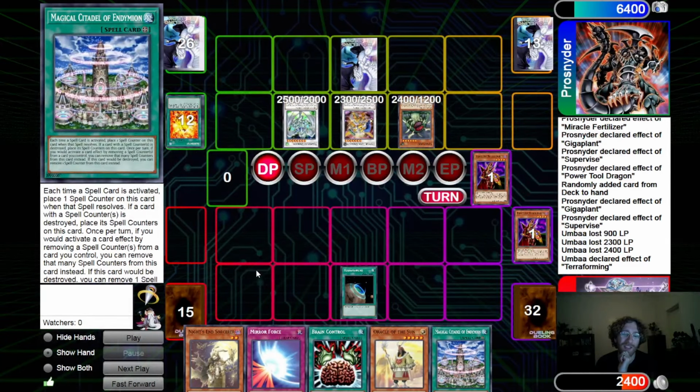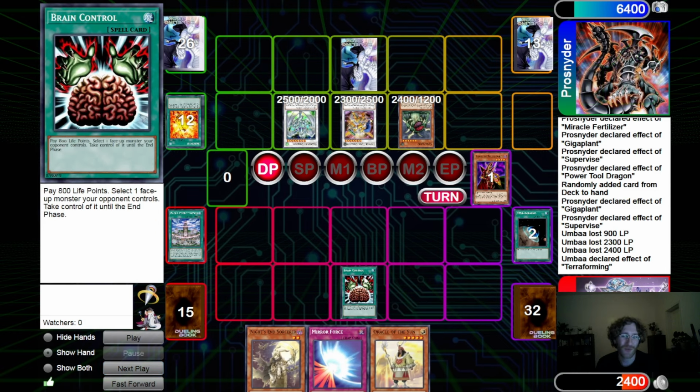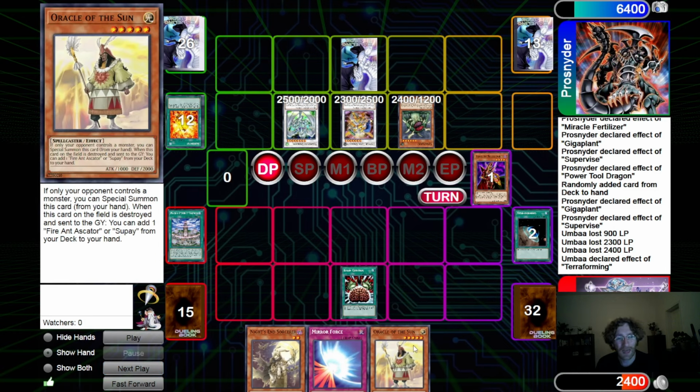And now this is really sad because I messed up my sequencing. I don't know. It was a tough spot to come back from anyway. But this is everything alright. But the next play I do is Brain Control. And here I needed to get the Oracle of the Sun. Because the play would have been...